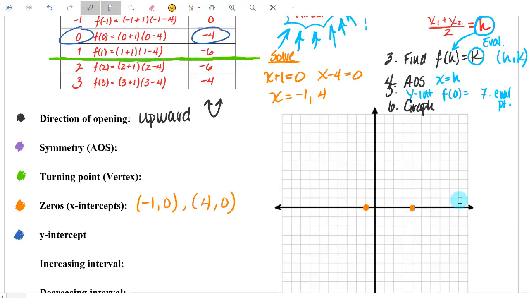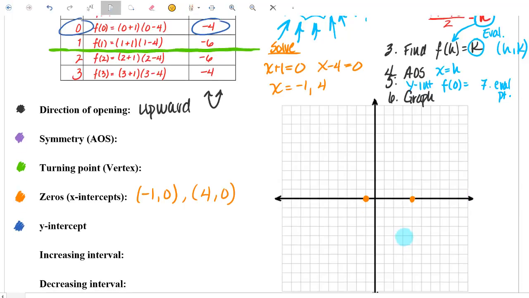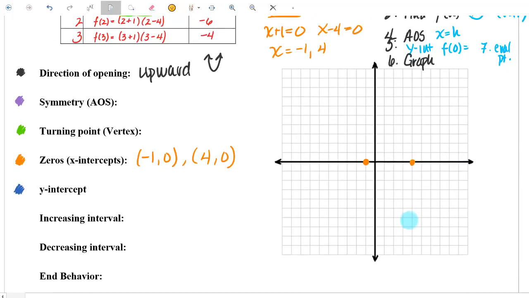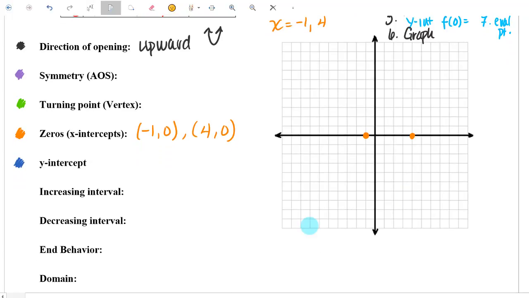So let's go ahead and calculate that though and see if we can figure out where this is going to be. So we're going to scoot down here to the bottom, and I'm going to take the x coordinates. I'm going to take 4 and I'm going to add it to -1. And I'm going to divide that by 2. So what I'm going to find is 3 divided by 2, so I'm going to have to go in 1.5 from each side for this vertex, or the x-coordinate of the vertex, shall I say. So with that, let me switch my color so I'm in the appropriate color, we're going to have the point,